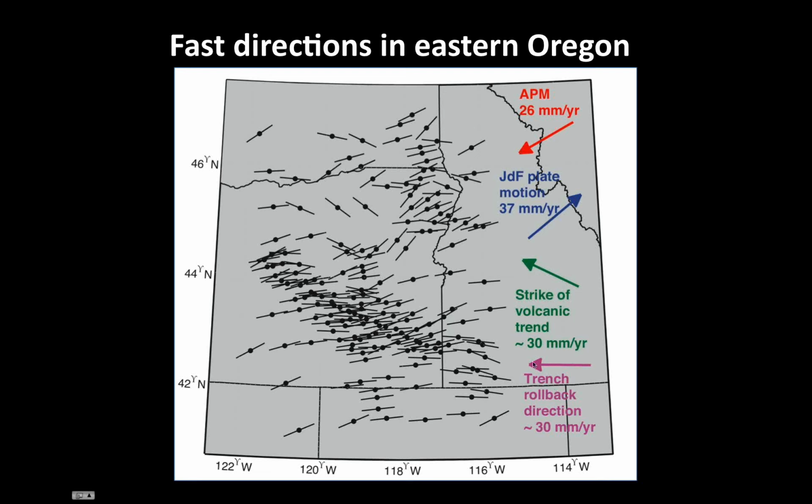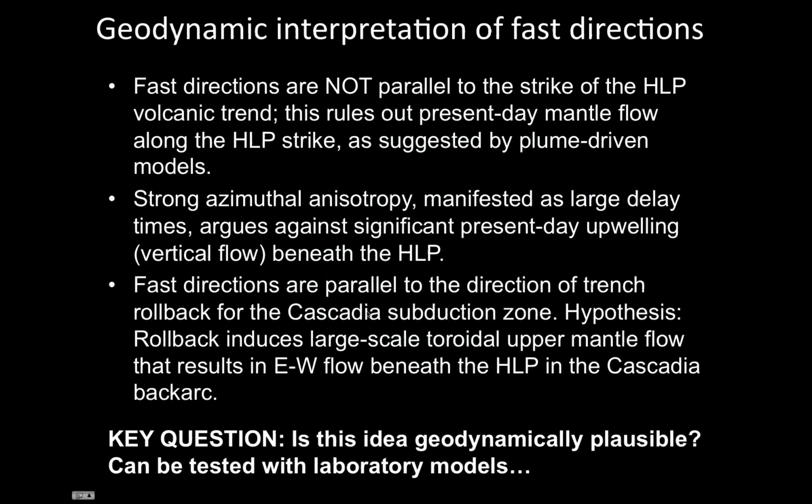They are parallel to the direction of trench rollback. So the Juan de Fuca trench is retreating at about 30 millimeters a year, and these are parallel to that direction of trench rollback. So we can think about what's the geodynamic interpretation of these fast directions. As I said, they're not parallel to the strike of the HLP trend, and this, I think, really does rule out the idea that present-day mantle flow is along the strike of the HLP trend, as suggested by some of